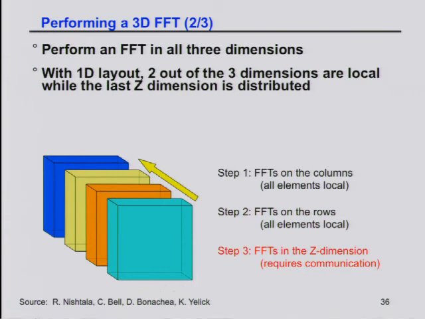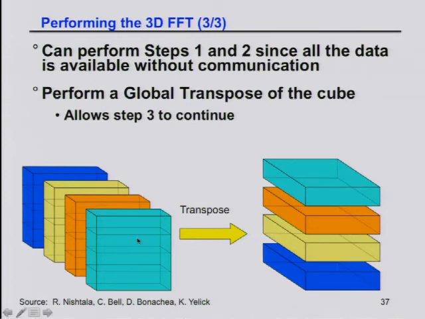And now I have to do the last phase. And now communication is necessary. So what do I have to do? I have to transpose it so that everything is local. And so what I need to do is change my layout from this particular one to this particular one. And so now everything in the sort of inward direction is stored locally in a processor, and I can do